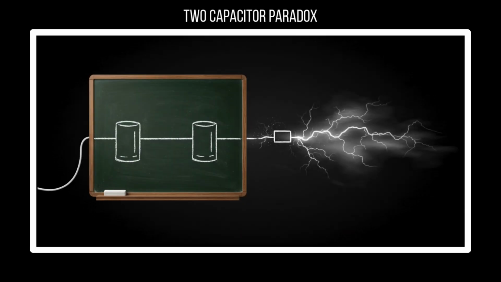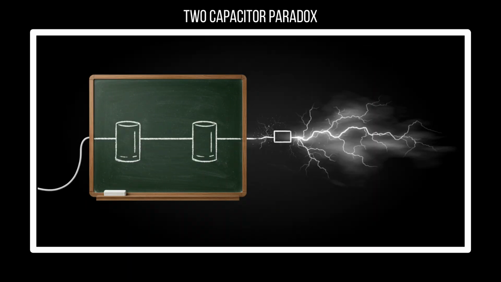The two-capacitor paradox is a thought experiment within the realm of electromagnetism that presents an apparent violation of the conservation of energy in an electric circuit composed of two ideal capacitors. While this paradox can initially seem to defy fundamental laws, it actually provides a fascinating lens through which we can explore the deeper principles of energy conservation, the nature of idealized components in circuit theory, and the complex interactions that